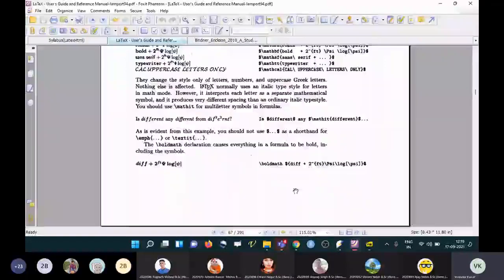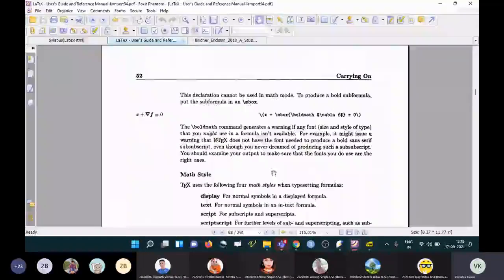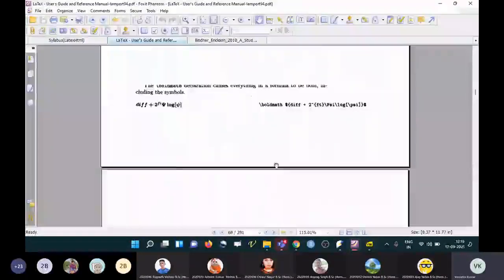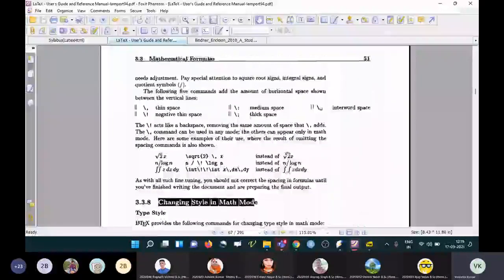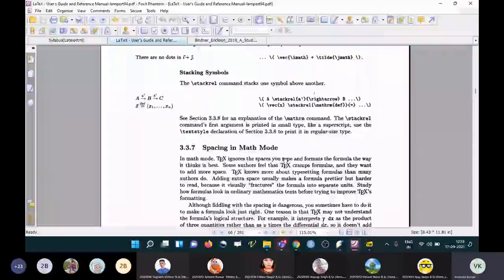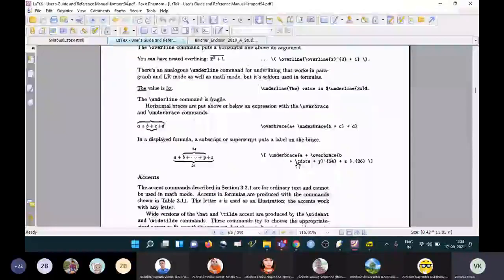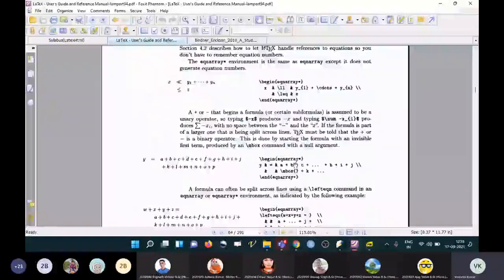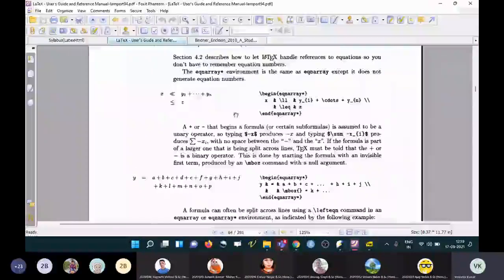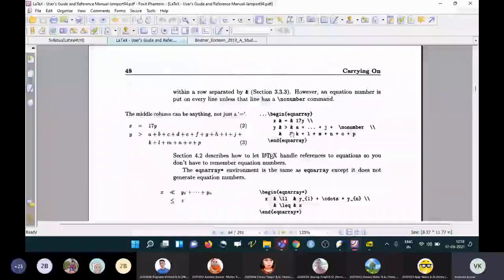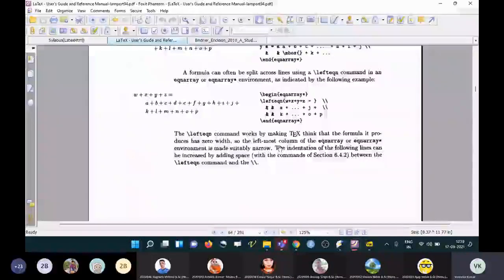What is left, we can see here. We covered, I think, until here, spacing in mathematical mode, or what? No, not here, up to multi-line equations, I think. Yeah, this we have covered. Okay, so now we have